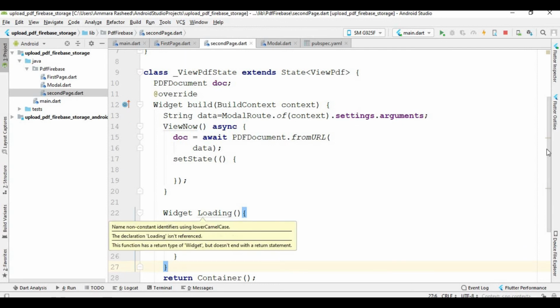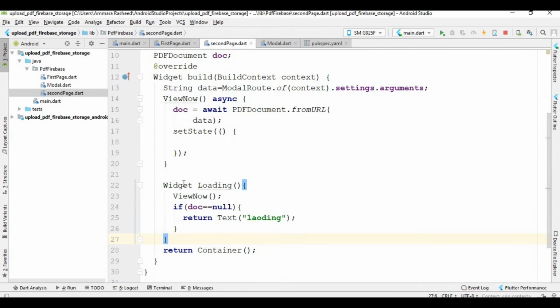And after that I create another function which is loading function, and you will see this type of function, and it simply returns a widget. That's why its return type is widget. Okay, so in this function first I call this view now, and inside this view now I simply store the PDF file inside this document. Okay, so first I call this function to store the PDF document inside this doc variable,